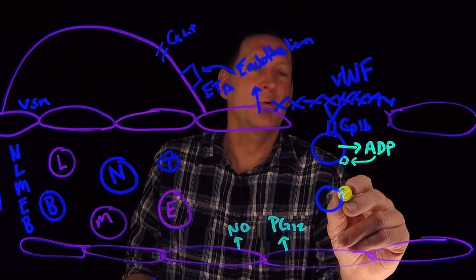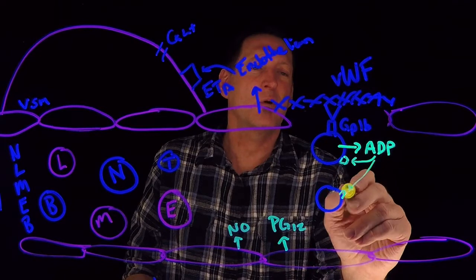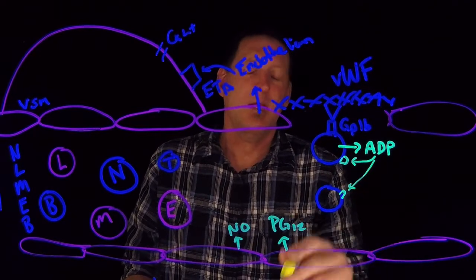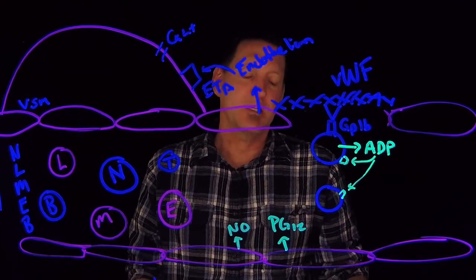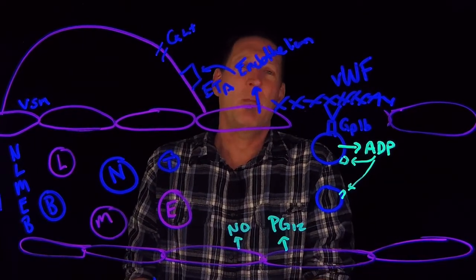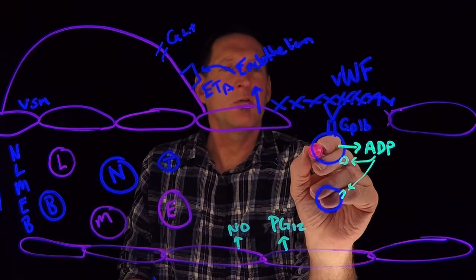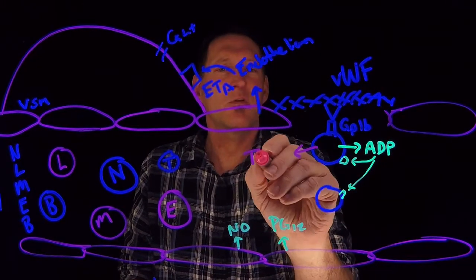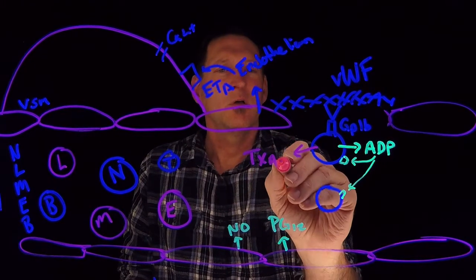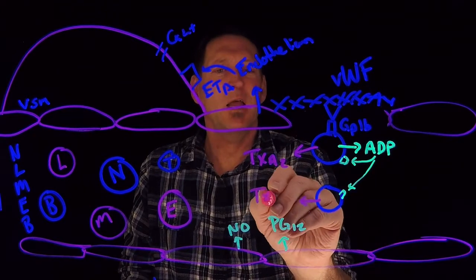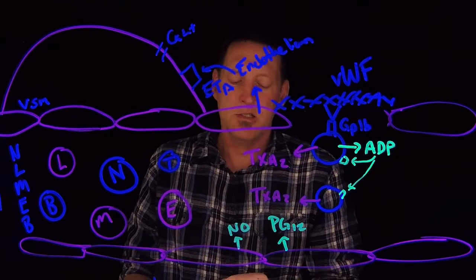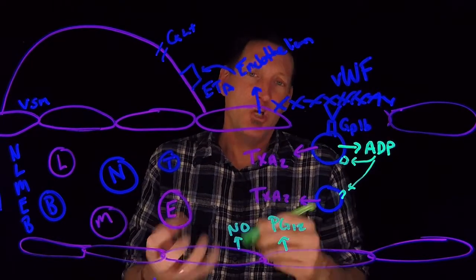So it's going to plug into receptors on adjacent thrombocytes. Now, when this takes place, I activate these COX-1, COX-2 enzymes, and I'm going to synthesize a molecule called thromboxane. And so what I'm going to do is synthesize thromboxane A2. So thromboxane A2 is now going to be synthesized, and what thromboxane A2 does is it causes a change in